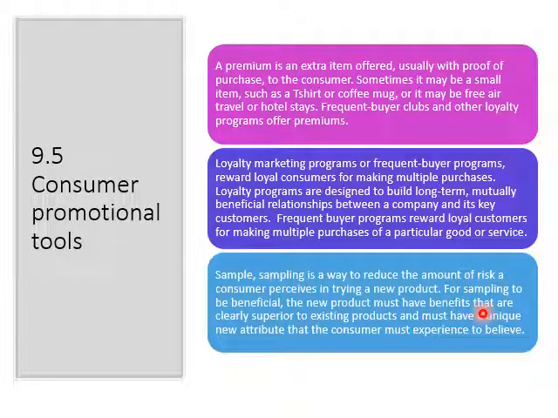A sample could be as simple as when you go to a supermarket, they give you a coffee to try in a very small cup. Or I think Yakult also always does that. They will give you a very small cup for you to try and taste Yakult. Or another way is that you go to Baskin Robbins, you can try whatever flavors you want, so that you know that you really like that particular flavor before you actually make the purchase. So that is how it reduces the amount of risk the consumer perceives.